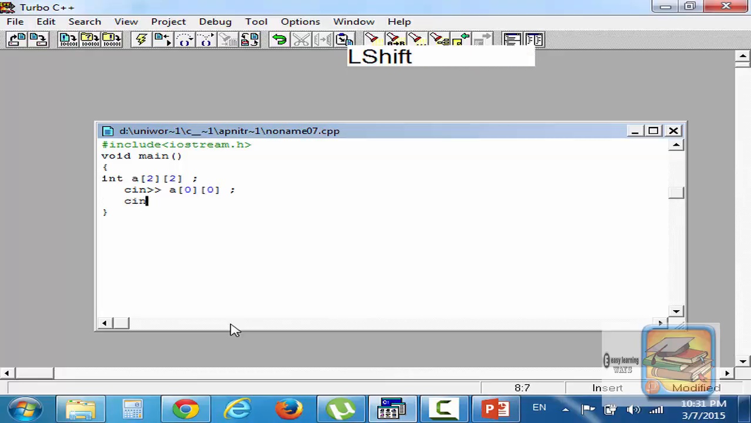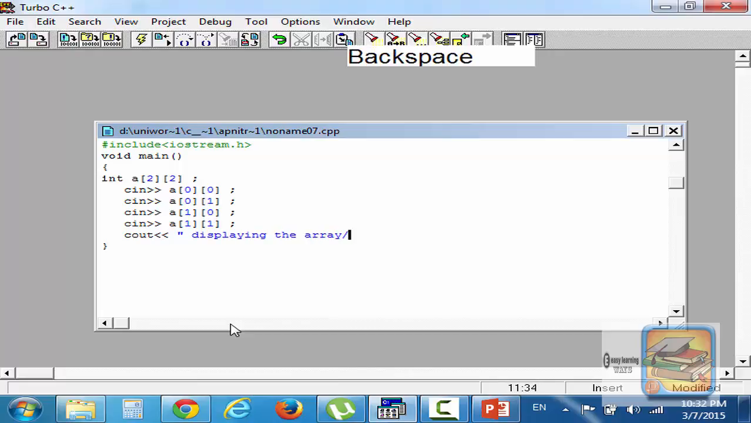Now you should guess, if I want to take input on this, that should be two-dimensional input like this. cin a[0][1]. See, cin a[1][0] and cin a[1][1]. Now for output, it is best first you tell displaying the array slash matrix of order 2 cross 2,